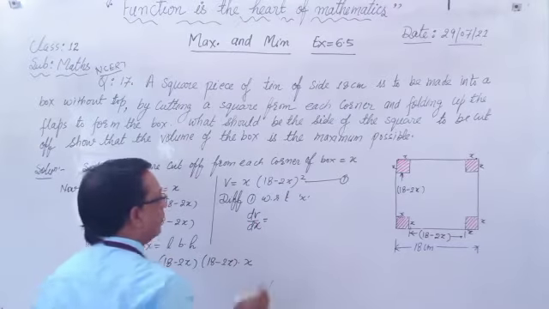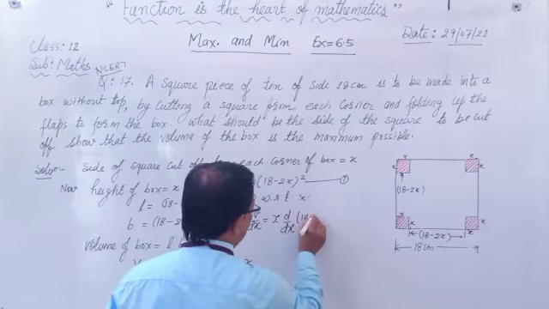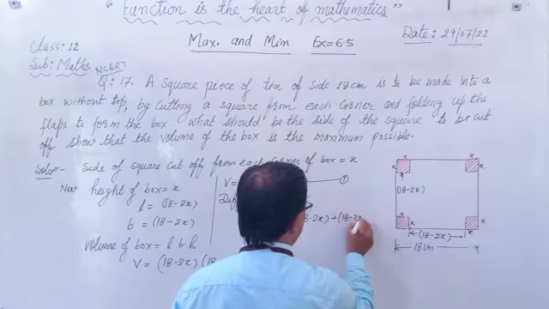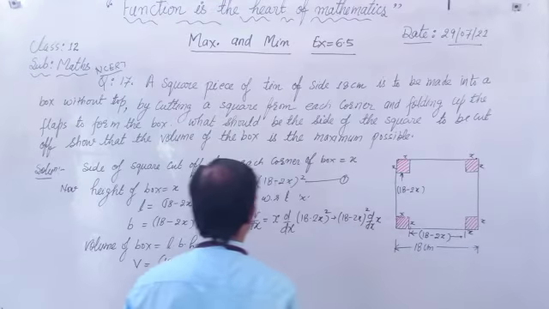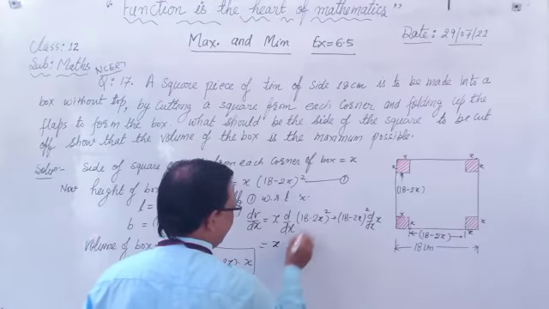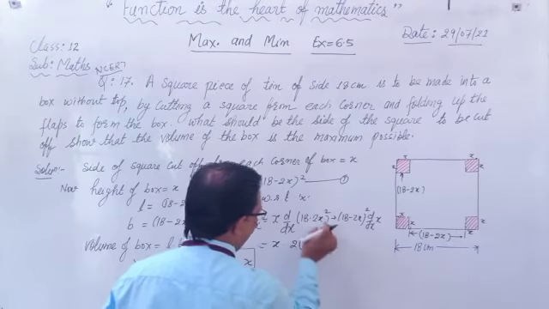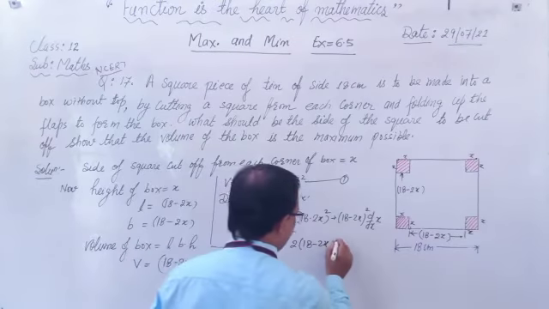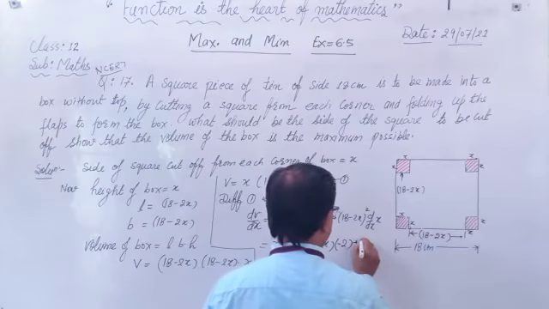We write x first and differentiate 18 minus 2x. Then here we write 18 minus 2x whole square and dy dx of x. Now this is x and this is 2 times 18 minus 2x, and differentiation of 18 is 0 and of minus 2x is minus 2. Now differentiation of x is 1, so here we only write 18 minus 2x whole square.